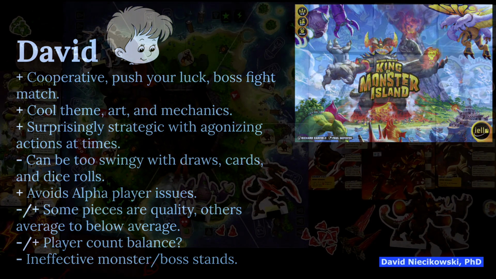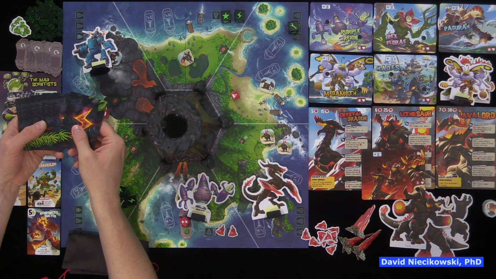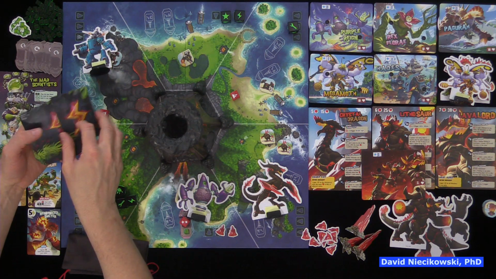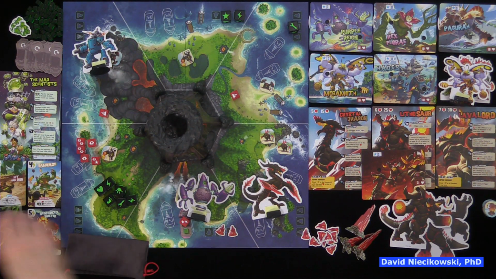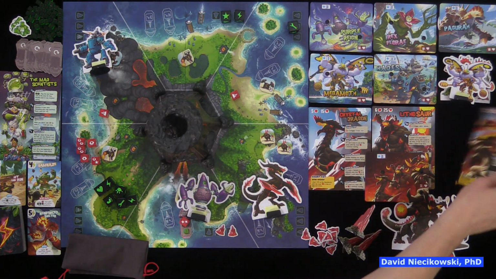One thing is, it can be very frustrating when you're drawing new power cards and you get those events, and some of these events can really mess you up. Or if the boss gets a lot of fame, and if you take a look at the Lava Lord, for instance, they have an extra minion that they get. So if you play the hard one,